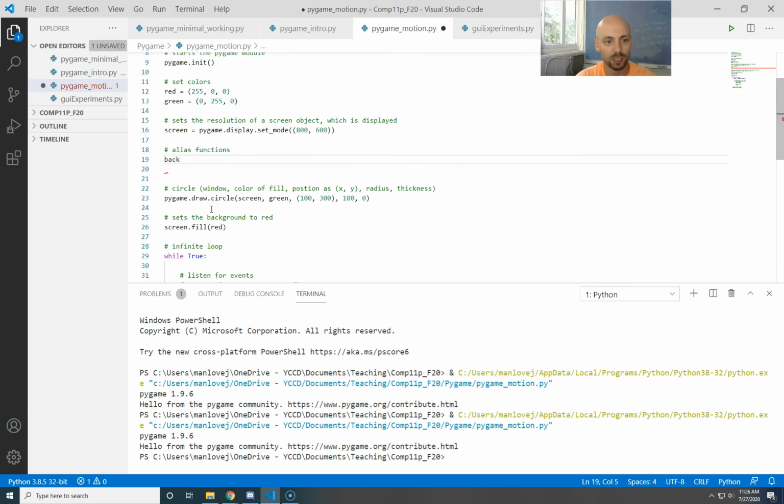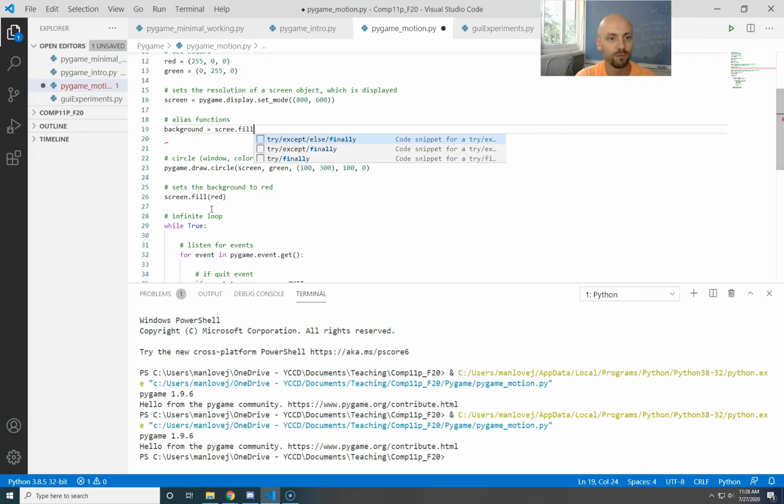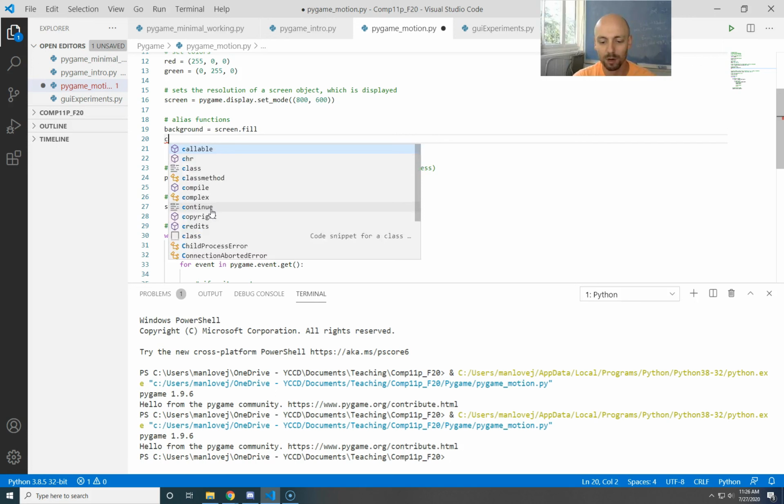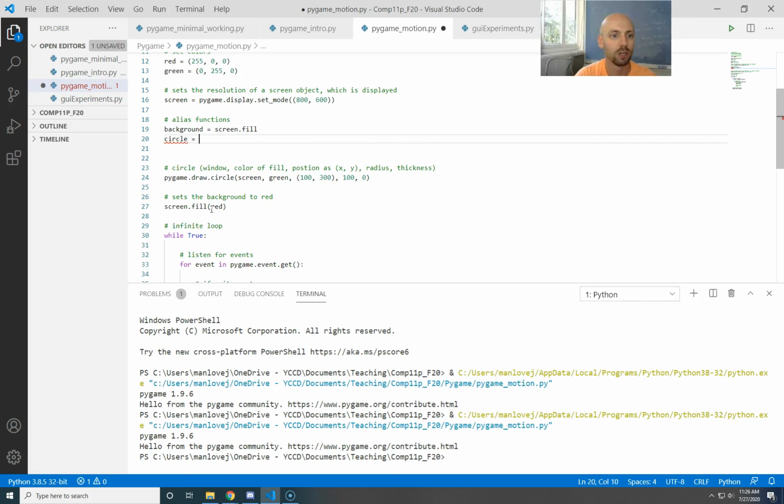So I'm going to alias background to be screen.fill. Pretty sure that one will work. I'm going to alias circle to be this thing. Right, so I'm just renaming some functions. Nothing to see here, folks. Move along, basically, right? What that's going to let me do is, instead of typing